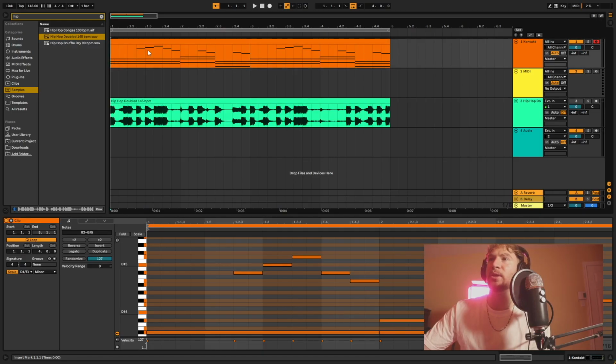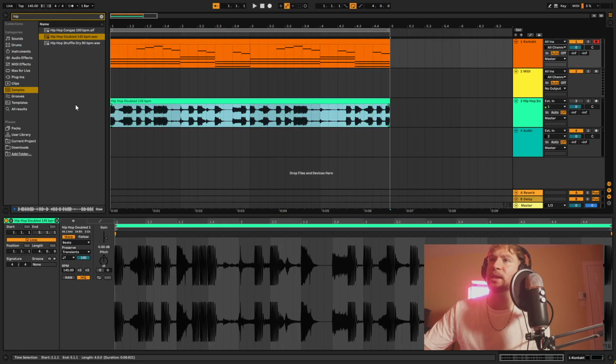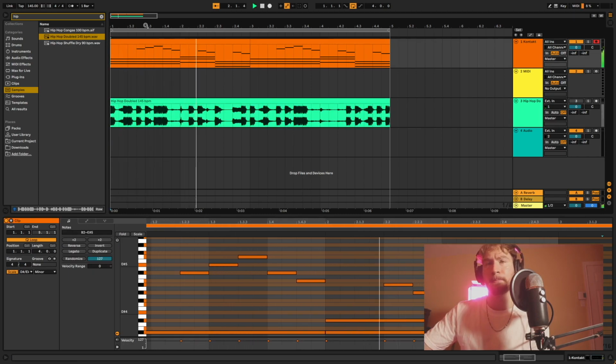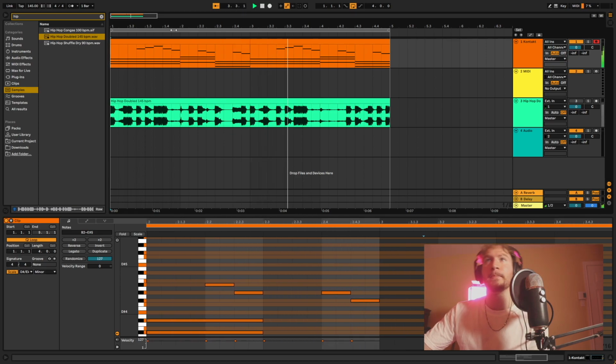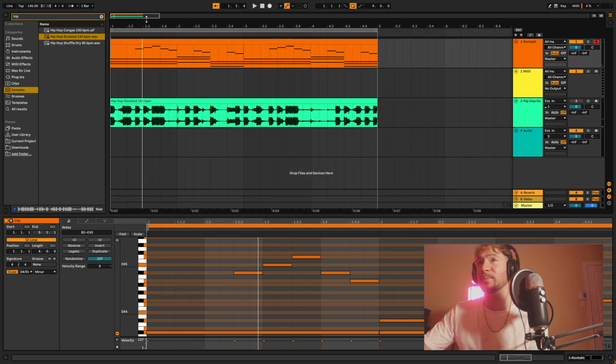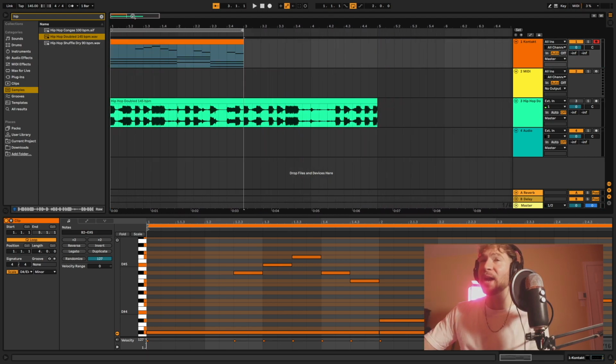So I have this basic piano loop that I just made earlier, and then a drum loop that we're going to play at the end once we added texture to this entire melody and chord progression. Let's just play the loop alone of the piano. So nothing too complicated, very simple stuff. So what I'm going to do now is show you the 5 different ways we can add texture to this